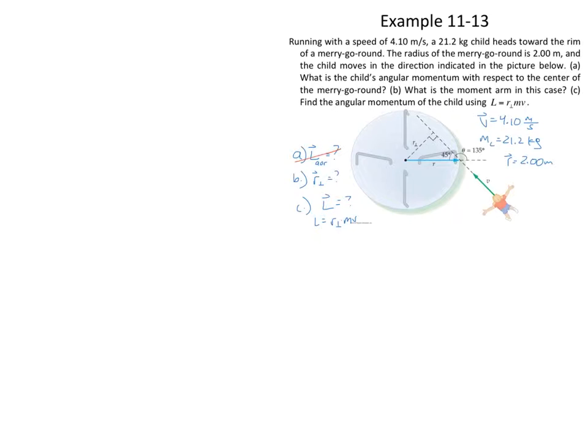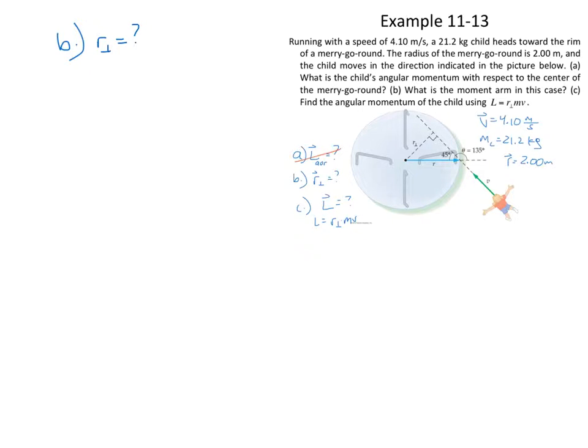In part B, we're going to be asked to find the moment arm. Remember, the moment arm is the right angle radius. Even if their approach to the edge of the merry-go-round isn't exactly 90 degrees, there is some sort of hypothetical right angle radius in there somewhere, and we can figure that out by taking the sine of theta. So the moment arm